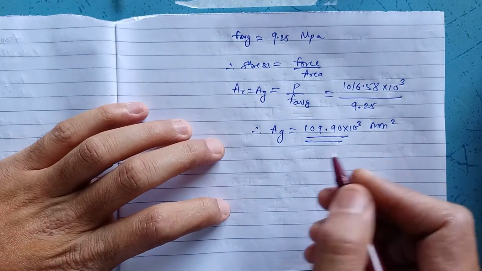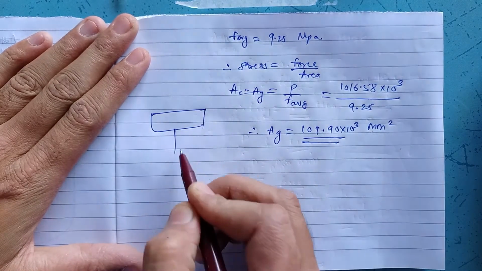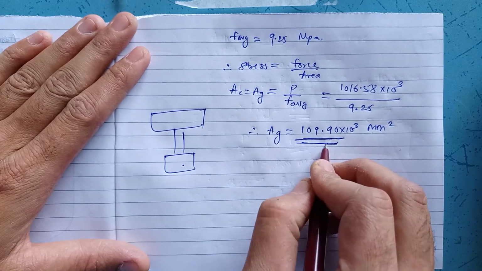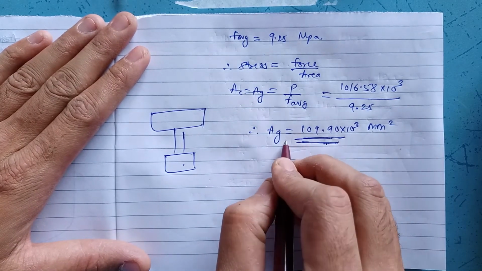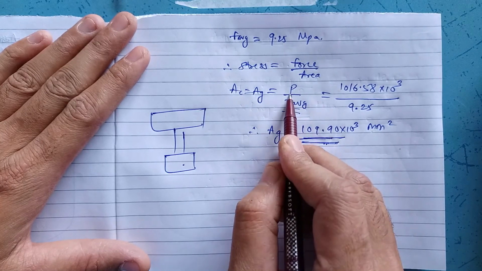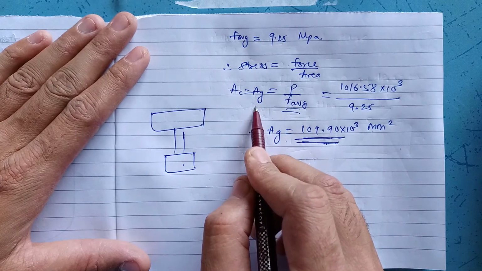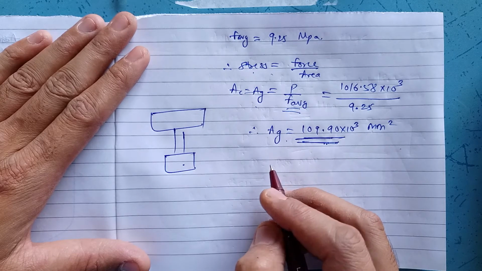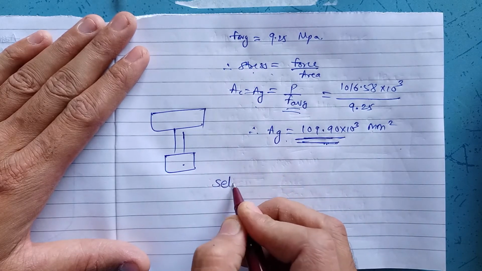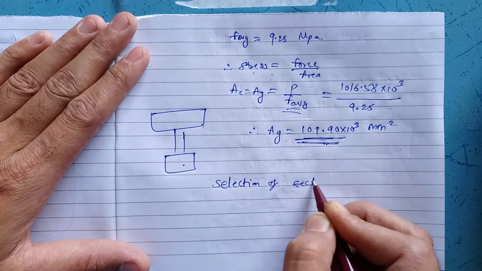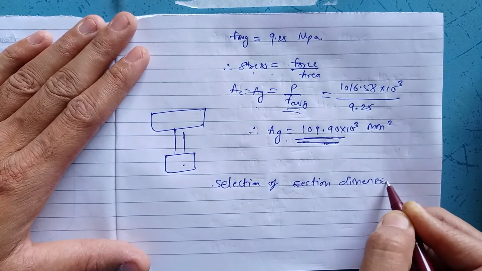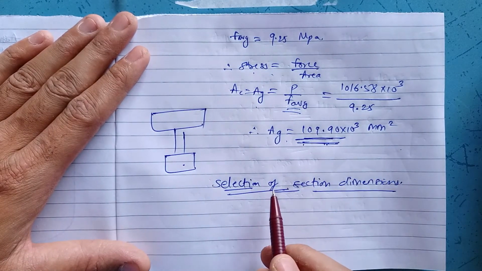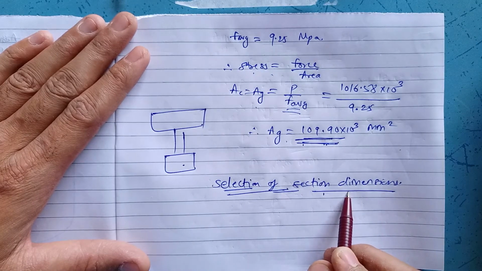Now, the dimensions that we will be considering for this I section, the total area of this section should be greater than this area. For this purpose, we have calculated F average and pre-stressing force so that we can calculate the gross area required from the equation stress is equal to force per unit area. Now, our next step will be selection of section dimensions. After calculation of this gross area, we are supposed to select the section dimensions, and for that